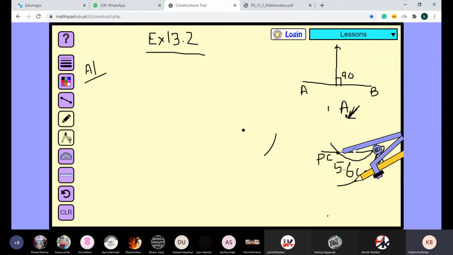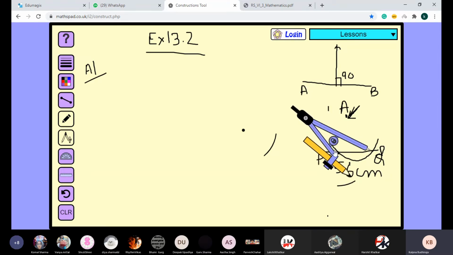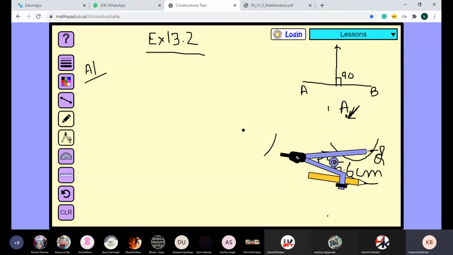I am not getting space here. And then you will keep it on point D also. पहले point C पे needle को रखना है, फिर point D पे needle को रखना है, and then you have to cut the previous arc. Let me show you. आपको यहाँ पे ये 2 arc मिलेंगी cut होके. Then you are going to join them and this will be your perpendicular to PQ.